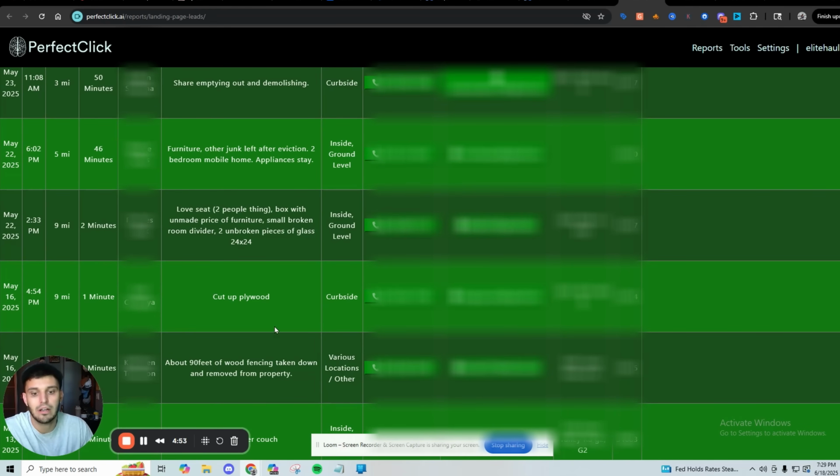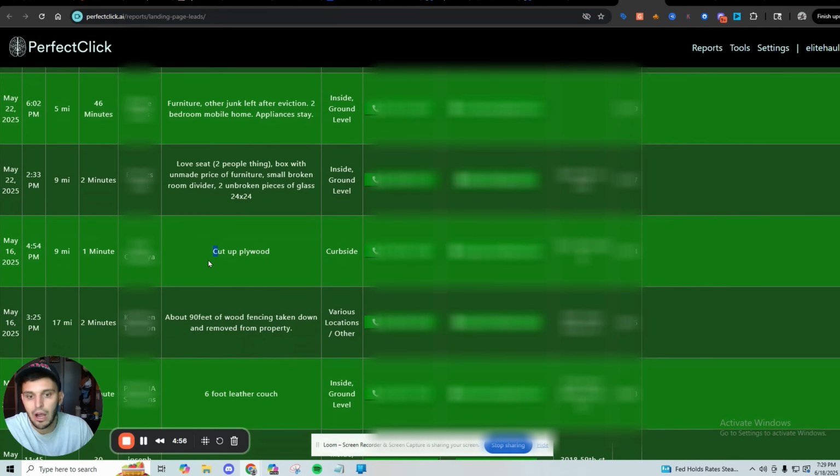Sometimes you're going to get full cleanouts on this. Sometimes you're going to get cut up plywood. I remember doing this job. It was only like $109, but it was in my area. It was super close, and I don't know why it's saying 9 miles away. It probably goes off my phone a lot of the time when I'm driving around, and I just got home, so my phone probably hasn't updated yet. Probably still thinks I'm over in St. Pete, but